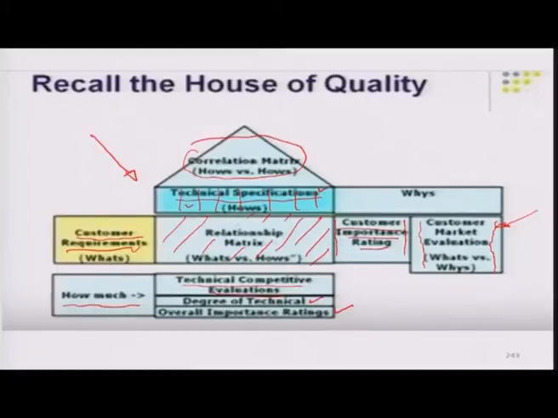Now let's look at a clear-cut example problem which will talk about establishing, let's say, a dry cleaner shop. In this particular problem, I would like to draw the house of quality matrix for such a requirement. So supposing we have a problem statement given to us that we would like to set up a dry cleaning business,